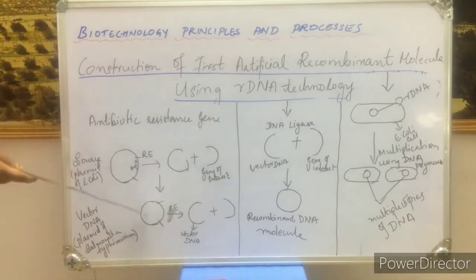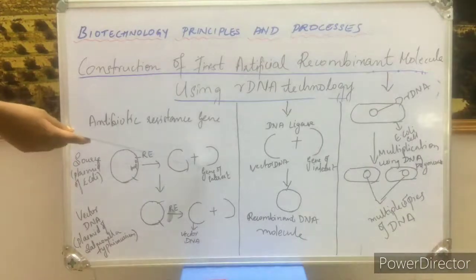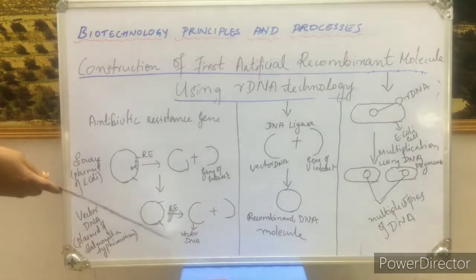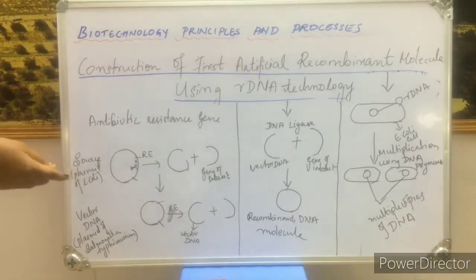Now how will you attach the gene of interest? We cannot, because the whole thing is a complete loop. So once again we need to create some space to insert this gene of interest. That is once again done with the restriction enzymes. The restriction enzyme cuts at a specific position to insert the gene of interest. So the vector DNA is there, and in that you are creating the space. Next, we have to link the vector DNA with the gene of interest.